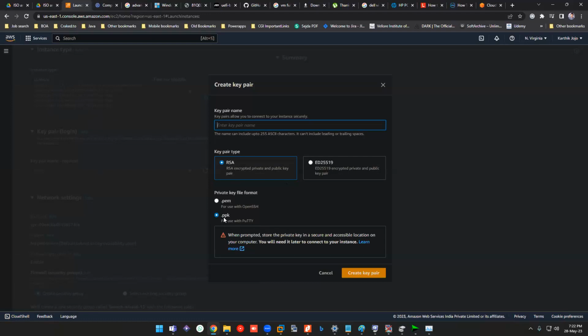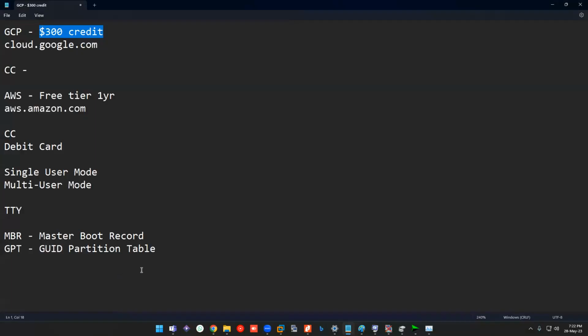This .ppk is the PuTTY private key, and that is what will be used to authenticate. This is the only way of authenticating. As you know, you have two modes of authentication: password and key based. Key based is the one we are going to see.